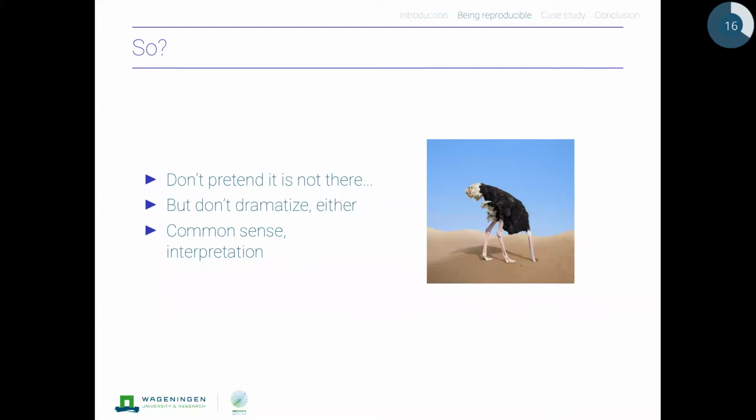So we know that data analysis is perceived to be a thing that should be completely reproducible, but there is variability, and I think it's not dramatic in the sense that there is a large number of papers that should be retracted because if you would redo it, the results wouldn't hold up. I don't think that's the case, but we should look at this with common sense.